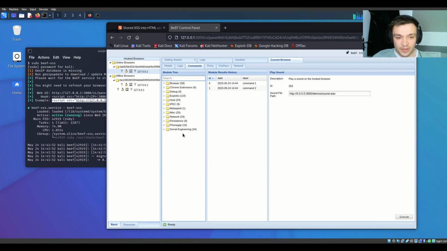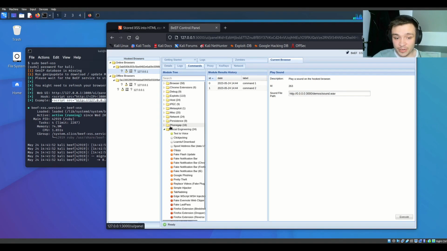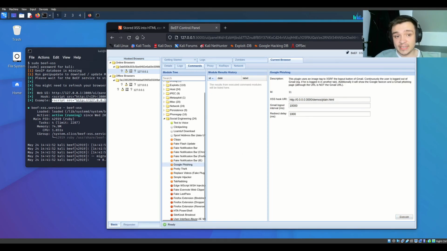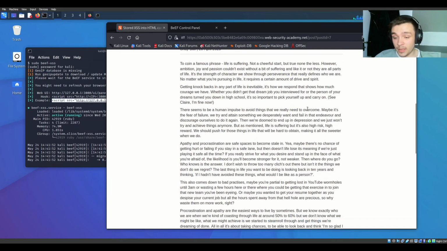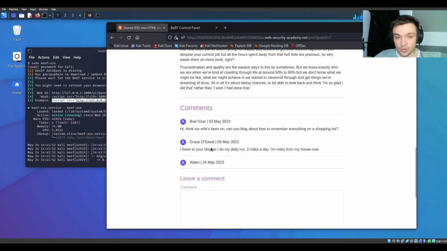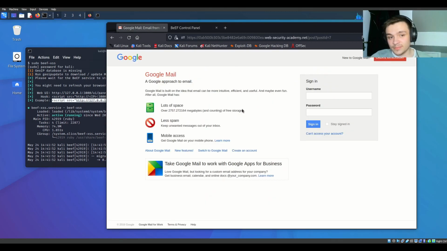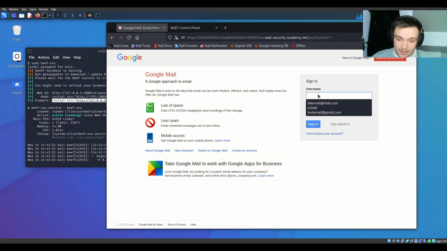So if we have a look further down this tree, we'll see social engineering, for example. And let's launch a Google phishing attack. So if we execute this, anyone that's on this web page, as the comment is already stored here, will experience this. Now, to some, this may seem like a legitimate Google Mail login page, but if I type in an email, and let's go for an example, password 12345, sign in,